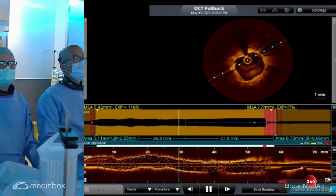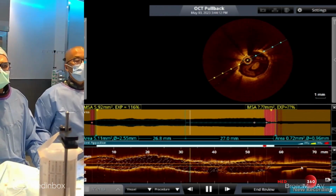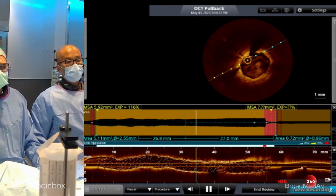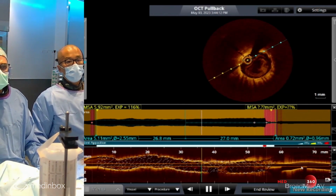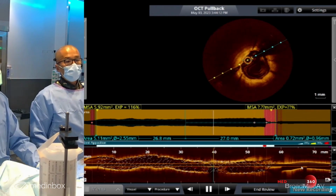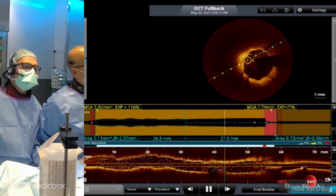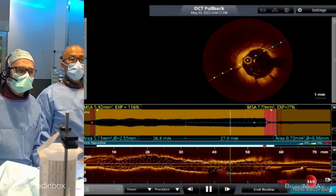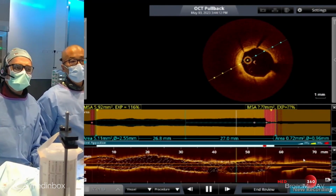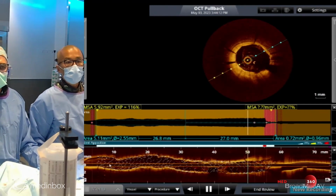I mean, so already here we can see the expansion ratio is like... Can we switch the imaging? 1,060, not 1,000, 116%, which looks perfect. So we're aiming for above 85% expansion ratio. That's what's recommended for OCT. It really depends on the reference of the vessel that we put. But everything seems to be on assessment. When you look at it, the expansion...